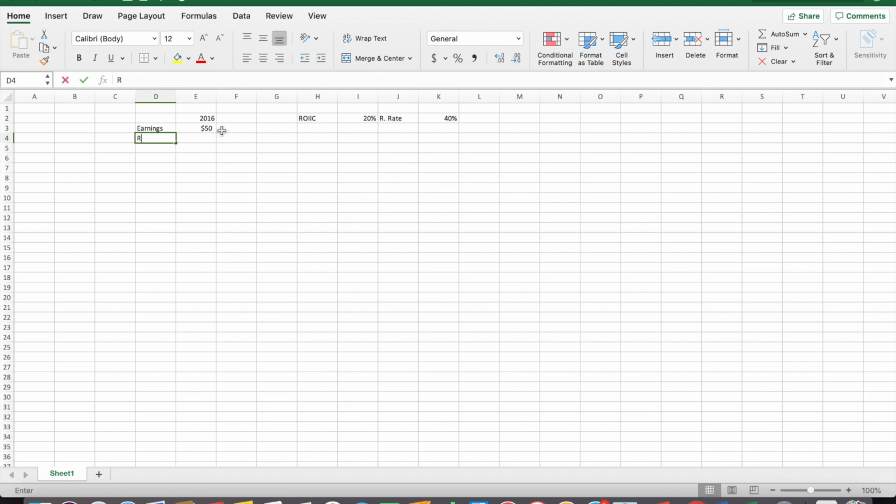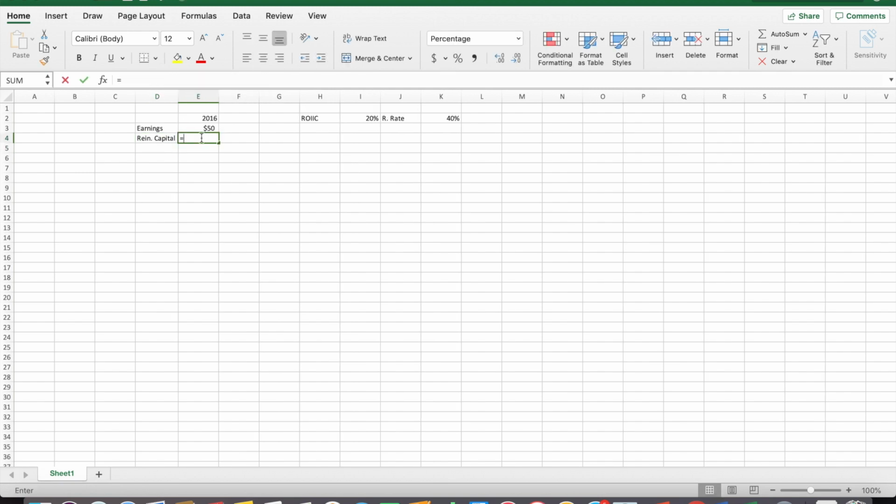So that means the amount of capital that is reinvested into the business is 50 times 40%, which when we convert to a dollar amount, we will leave that for now. So that means that it can redeploy $20 million, or whatever our unit is, $20 million of capital for the